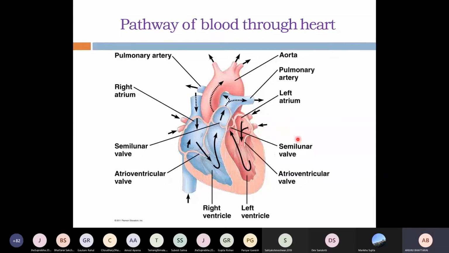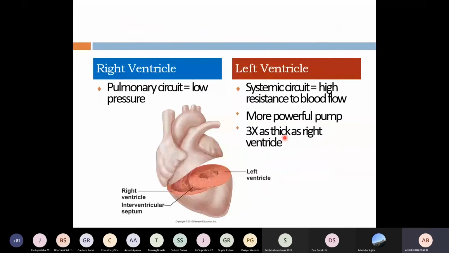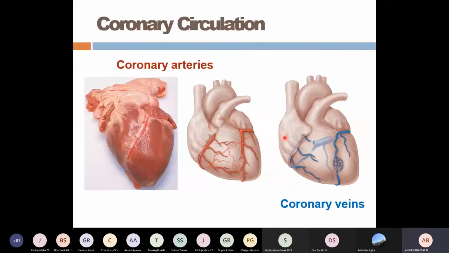Now, for anatomical reasons, the thin and flimsy AV valves require very little backflow to cause closure, whereas the semilunar valves are much heavier and thicker. They require a rapid backflow for a few milliseconds. So what you should remember is that the AV valves are larger but also thinner, more flimsy, and weaker, whereas the semilunar valves are heavier and can withstand more backflow. So this is a little bit about the different valves that are present.